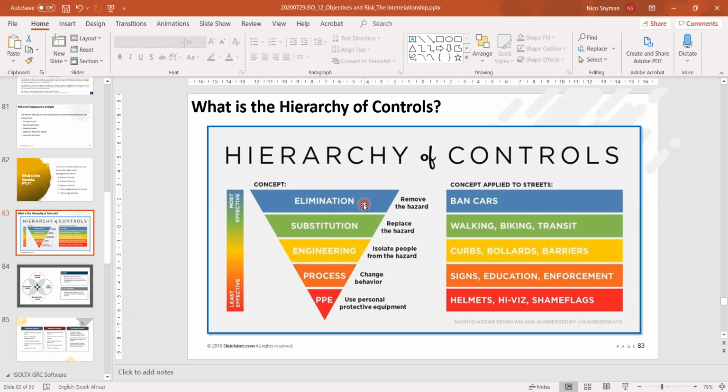How can we substitute what we have got? And how can we engineer the problem away? And then if you have done all those, what kind of process are you writing, and what kind of PPE or any kind of protective equipment